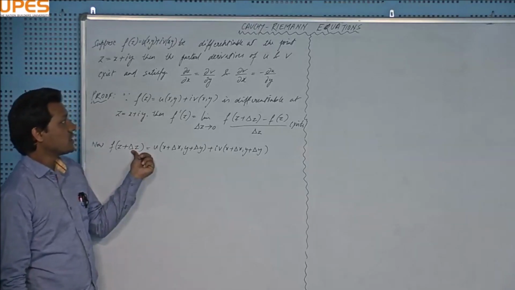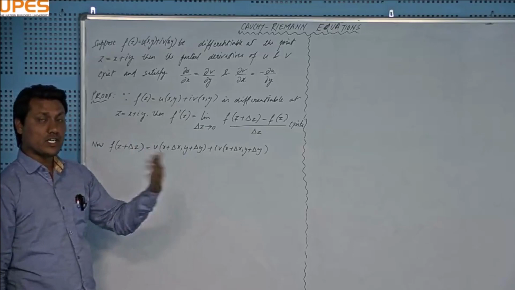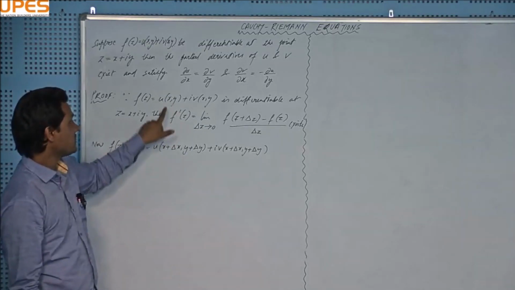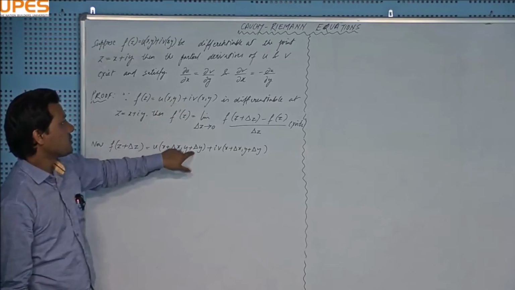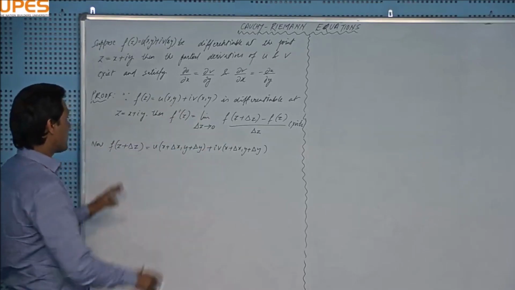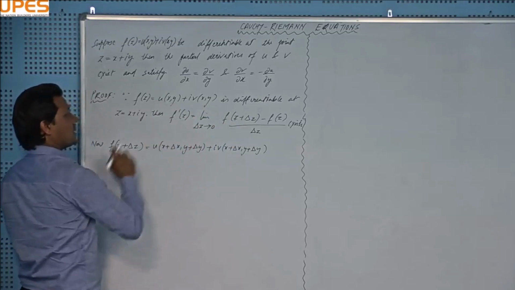So you have to give an increment of Δx for x and an increment of Δy for y, right? You can see that x has been incremented by this amount and y by this amount, and same here. So plugging f(z + Δz) and f(z) into my derivative formula,